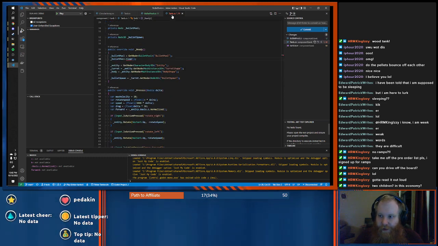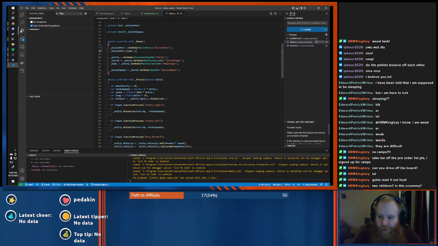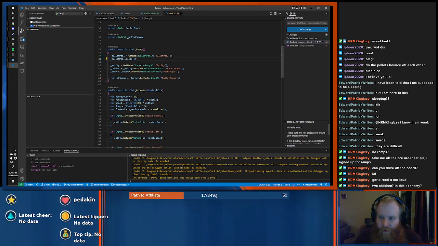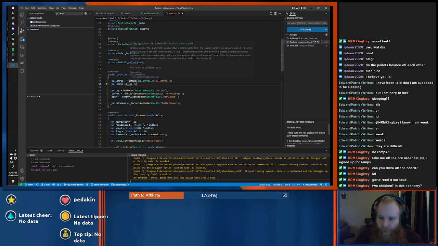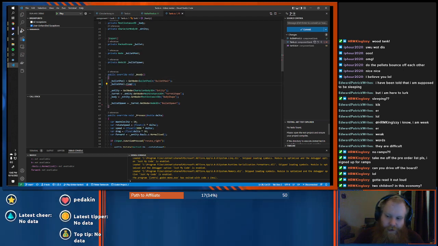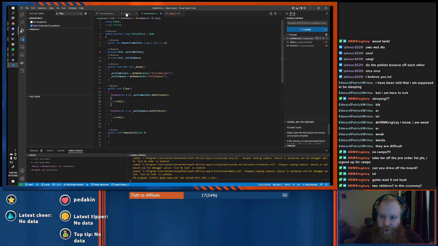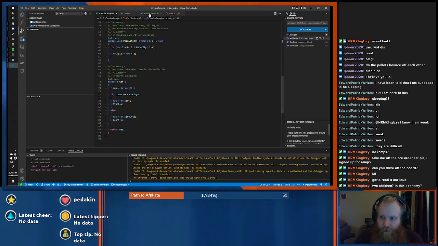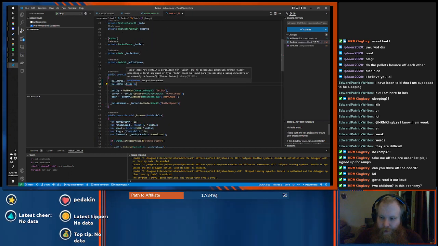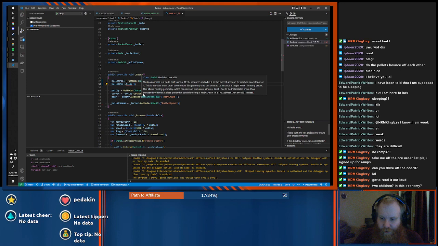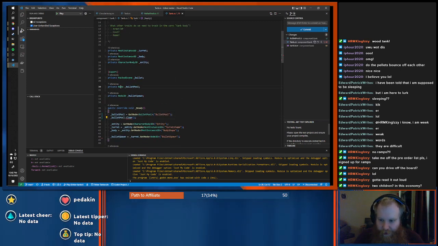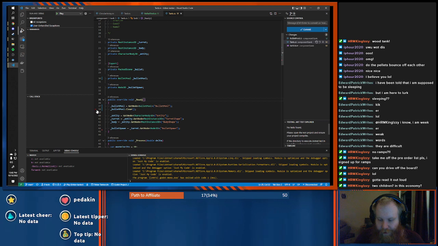Public void clear, it's there. Do I just need to rebuild? Will it just show up? Why is that misbehaving? Bullet pool node. Well, it's not a node. Oh, you know why? It's because it's a node up here. There we go.